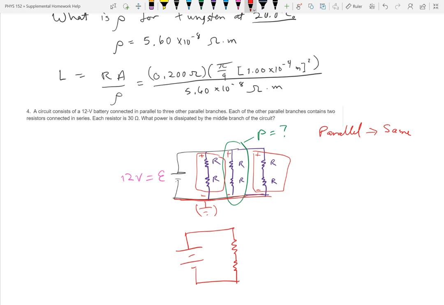There's the one we care about. I just took out the others because they don't change what happens here. And so this is 12 volts. This is 30 ohms and 30 ohms. So what's the total resistance? 60. So this is equivalent to